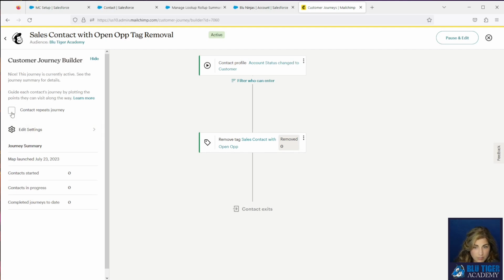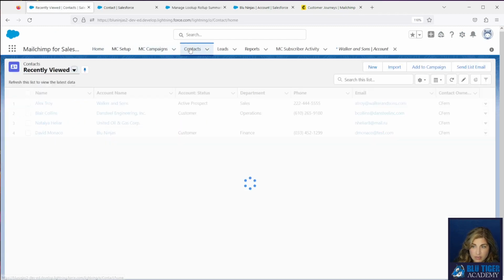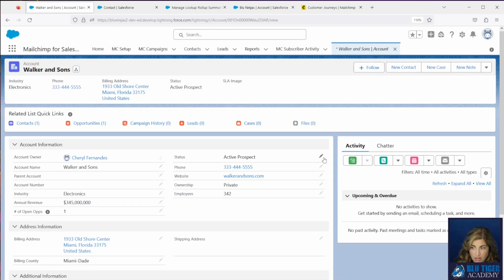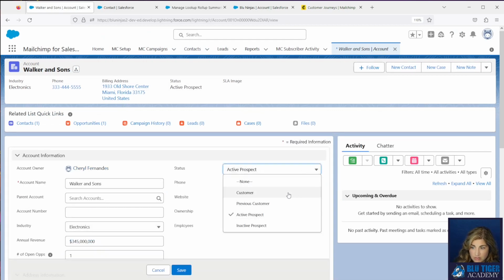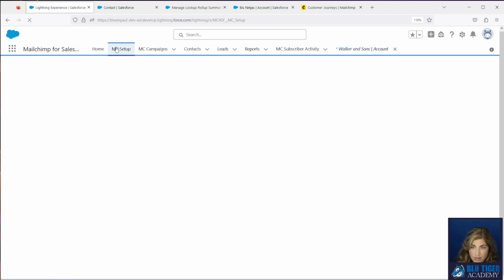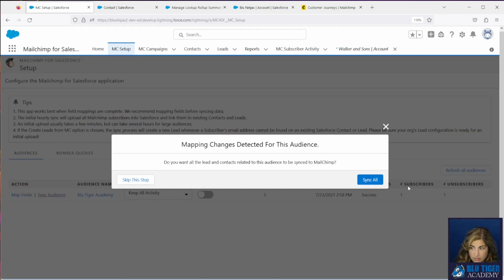You can click this checkbox here if you want the contact to repeat the journey, which is possible if you have people become a customer, they're not a customer, and then they come back. So now we can test this by going to Salesforce and going to Alex's account, Walker & Sons, and we can change this to be a customer, and then we'll go to the MC setup and we will sync this audience.